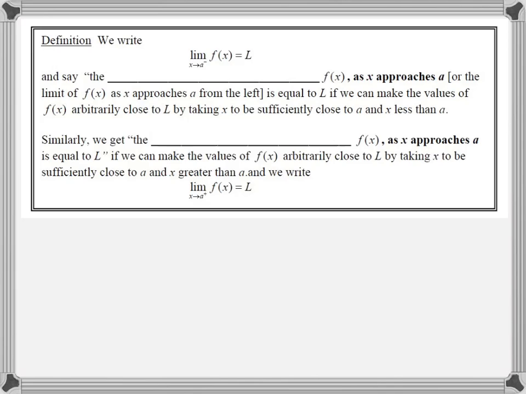Alright, so you've been hearing me talk about from the left side and from the right side. They have limit statements that also denote from the left side and from the right side. If you look at these two limit statements, there's a minus sign right next to the A, and there's a plus sign right next to that bottom A. So the minus sign means the left-hand limit. That means coming from the left side,